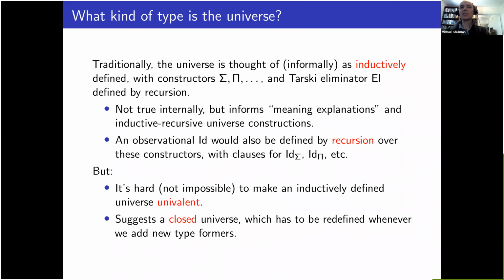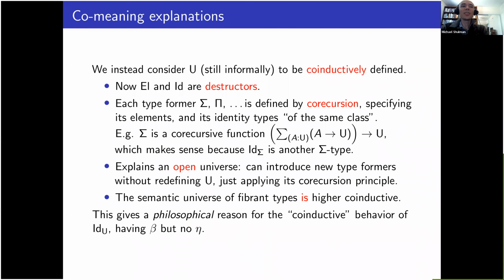This has some drawbacks, though, even philosophically. It's tricky to make a universe like this univalent, right? If you define an inductive-recursive universe naively, it ends up being non-univalent. You can play some tricks to make it univalent, maybe, but that's kind of tricky. It also suggests a closed universe, because you specified all the type formers as the constructors when you define the universe. And if you want to add a new kind of type, then you have to redefine the universe, basically. So I want to propose that it's actually better to consider the universe to be coinductively defined,